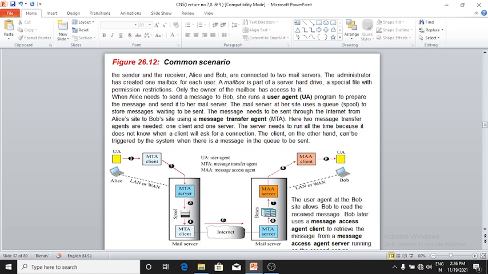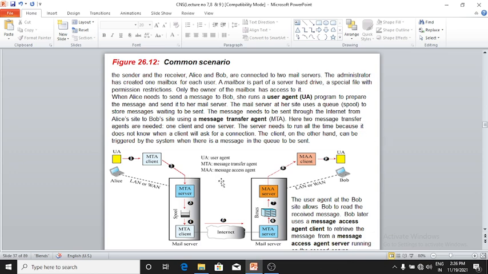Here two message transfer agents are needed, one client and one server. The server needs to run all the time because it does not know when a client will ask for a connection. The client, on the other hand, can be triggered by the system when there is a message in the queue to be sent.